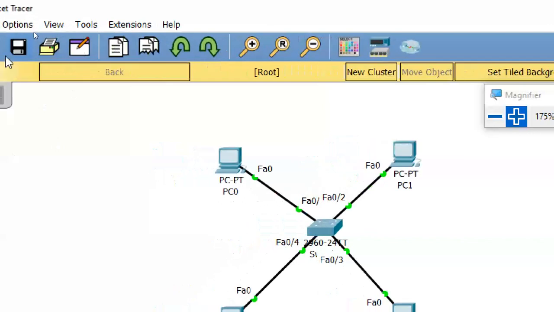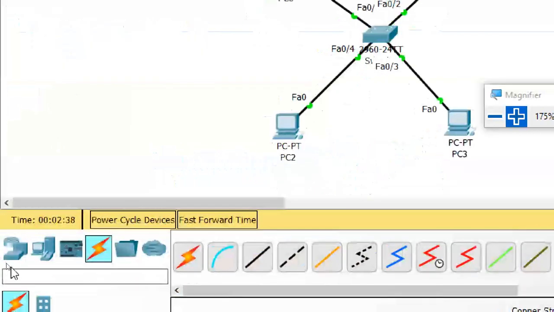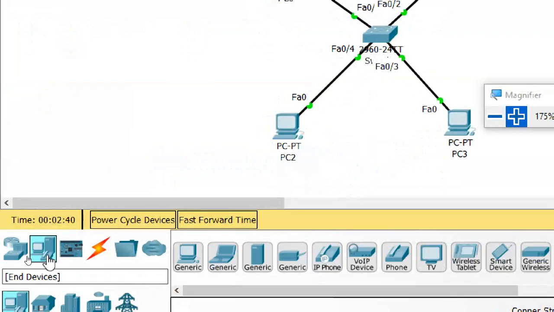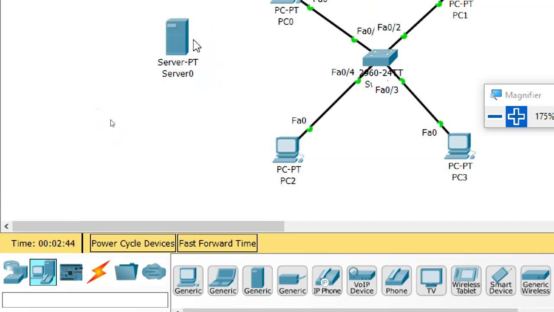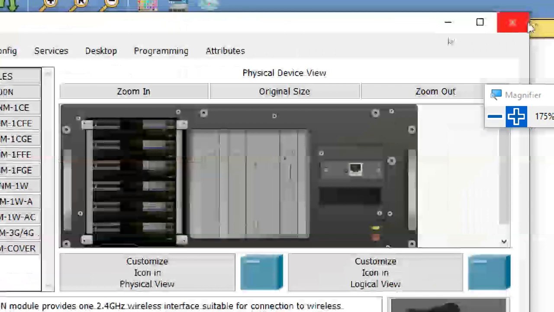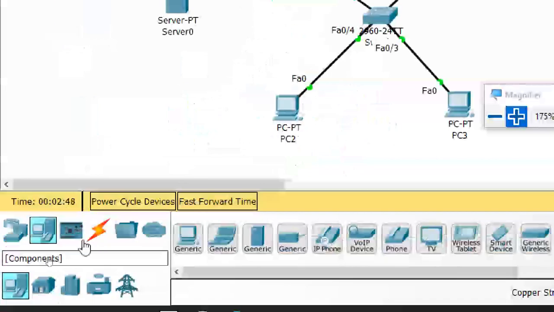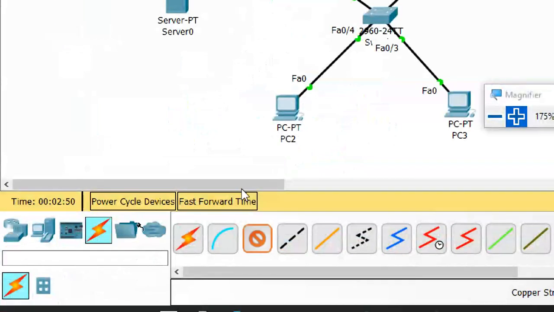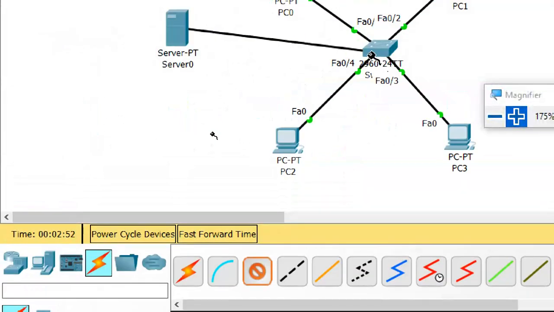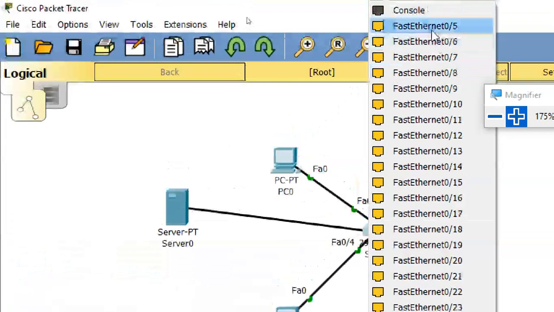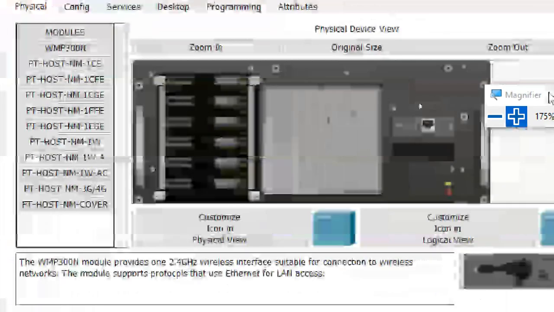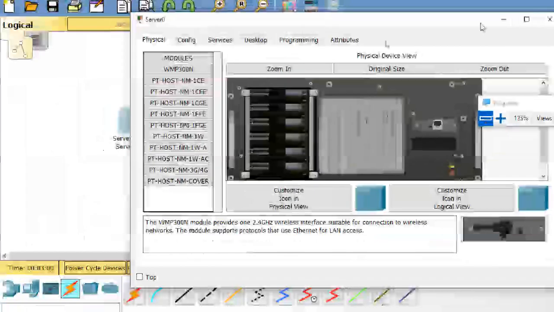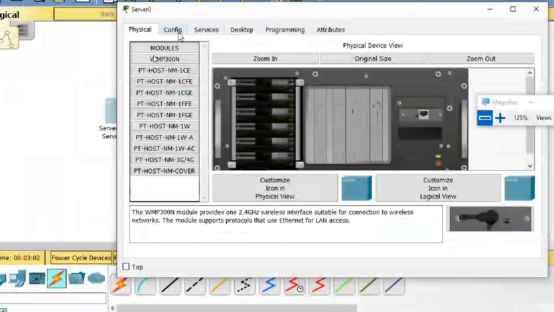Now I will use a server. There are a lot of advantages here. A generic server. I am connecting my server. It is just a server; you can connect it anywhere, no problem. This is a generic server, meaning you can make this server anything.